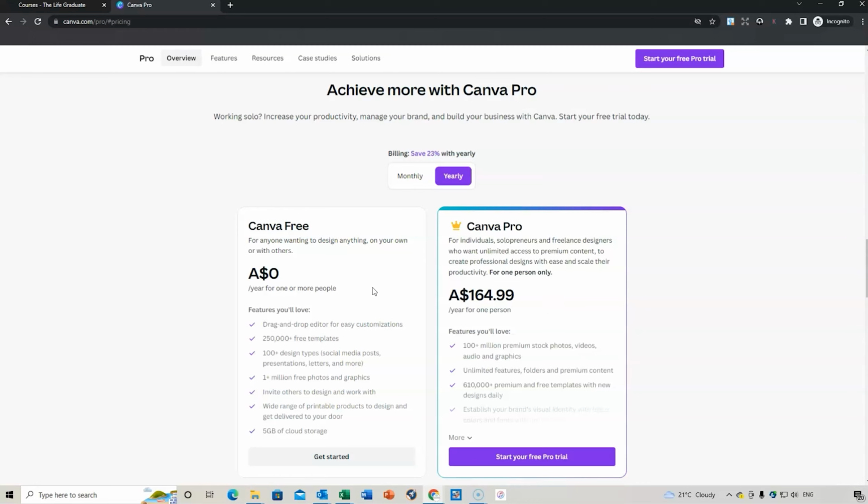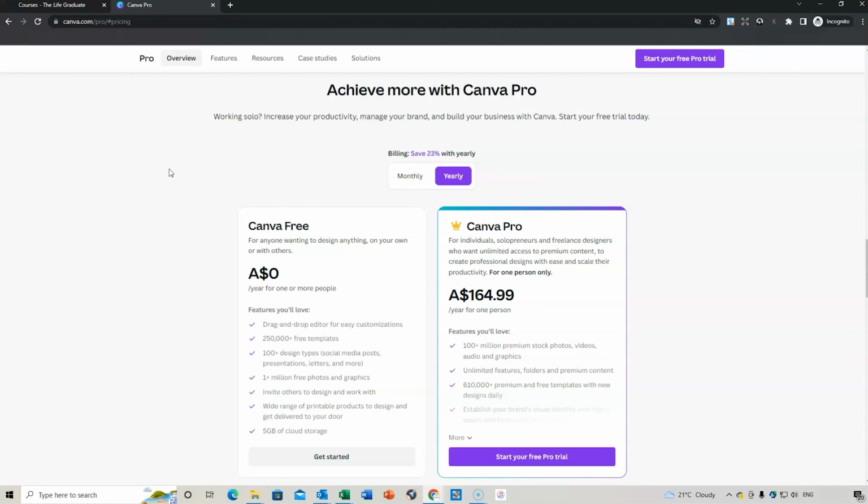So you can do the Canva for free, and you can also choose to do the Canva Pro, and you can do a free trial if you want to, and you can also do monthly or yearly plans. So I'll provide the link in the resources of the course, but I highly recommend taking a look at Canva.